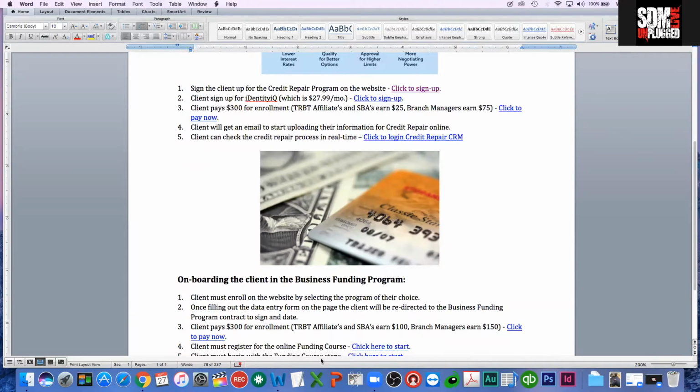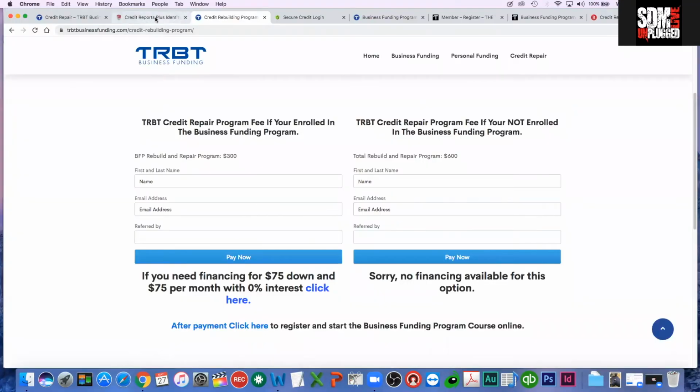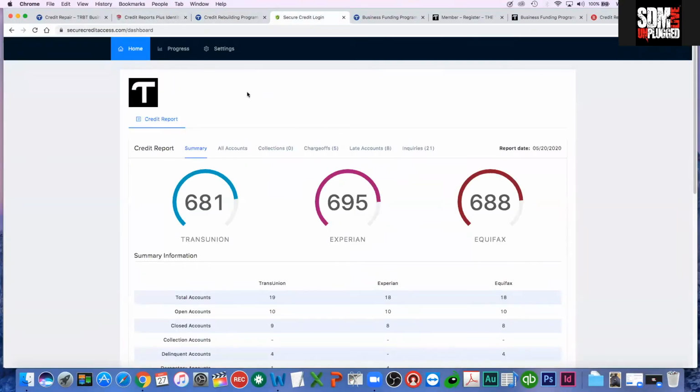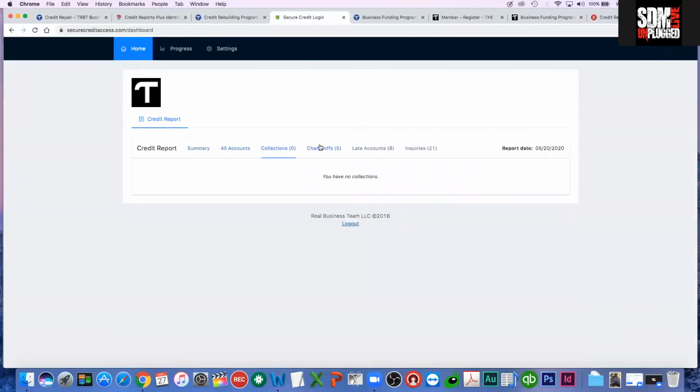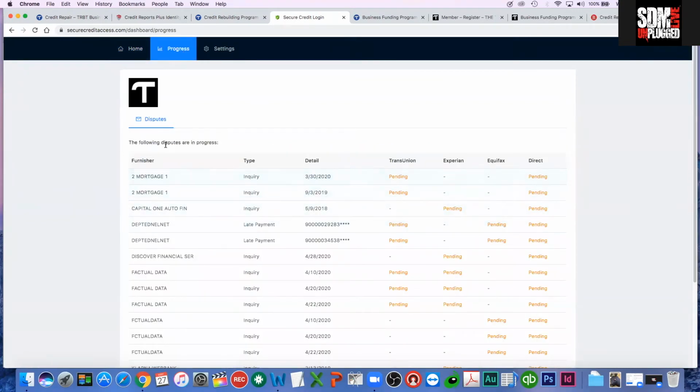And clients can then check the progress on their credit in real time with the login portal. Let me show you how my login portal looks. This is how the login portal looks for the client for the credit program. Basically, they can see their credit scores in real time, information like that. Also, they can see all the accounts on their page, the collections, the charge offs, the late payments, inquiries. You can see all the inquiries and also what's in progress. Like you see, these inquiries were in process on my behalf,